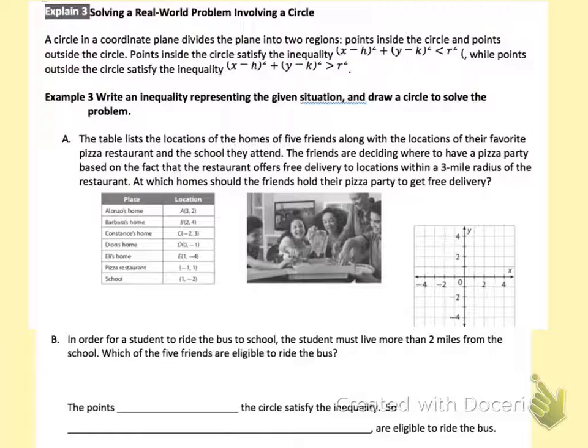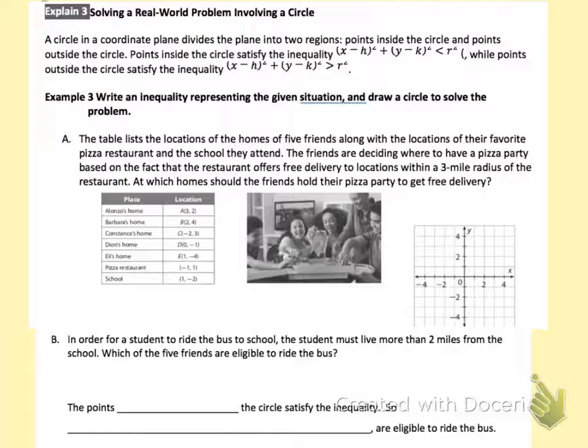So if they're less than r squared, that means that they're closer to the center, right? While points outside would satisfy the inequality x minus h squared plus y minus k squared is greater than r squared. So in other words, they're more than the length of the radius away from the center,